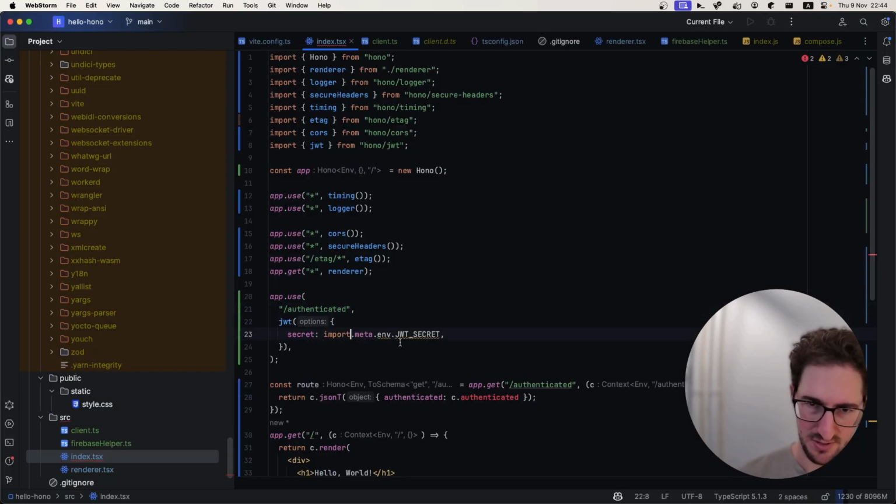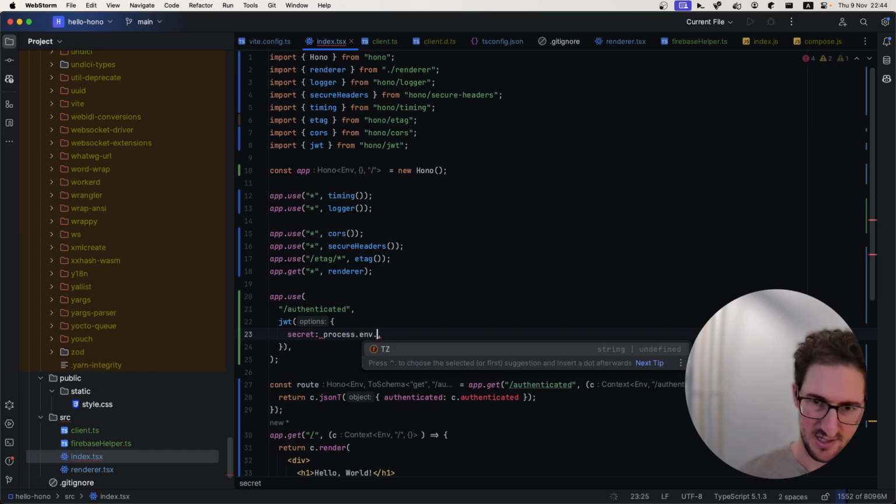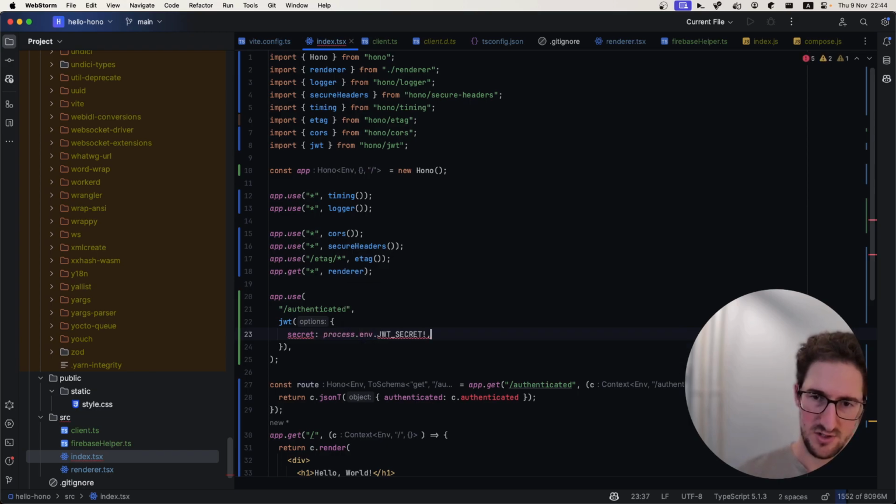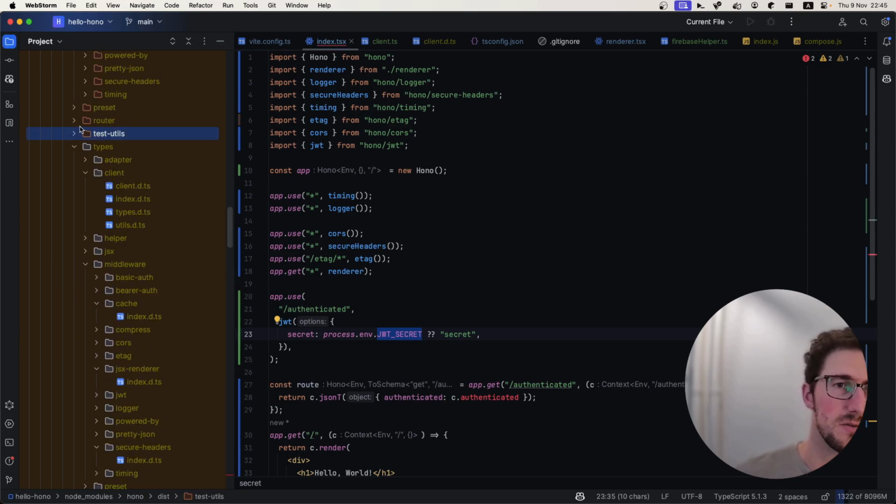Actually, let's just go with process env. Like let's be more node-ish. Process env jot secret. Yeah, this is going to fail spectacularly at some point. And this jot secret, let's go with